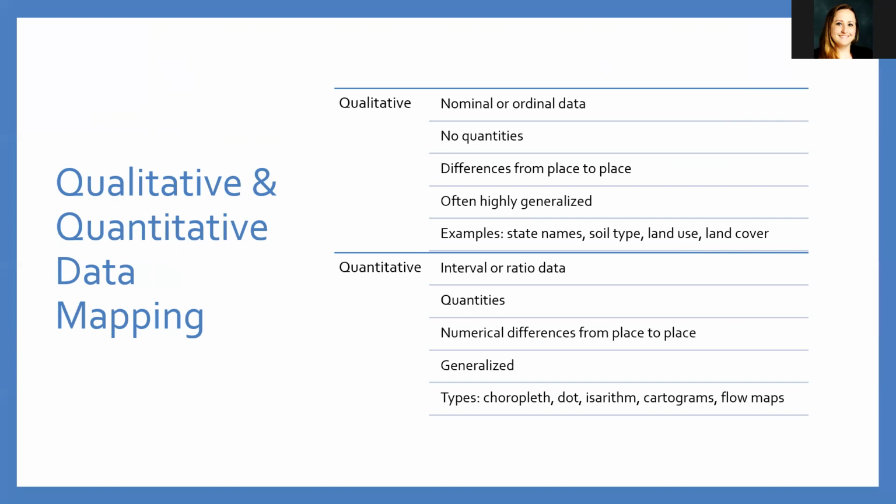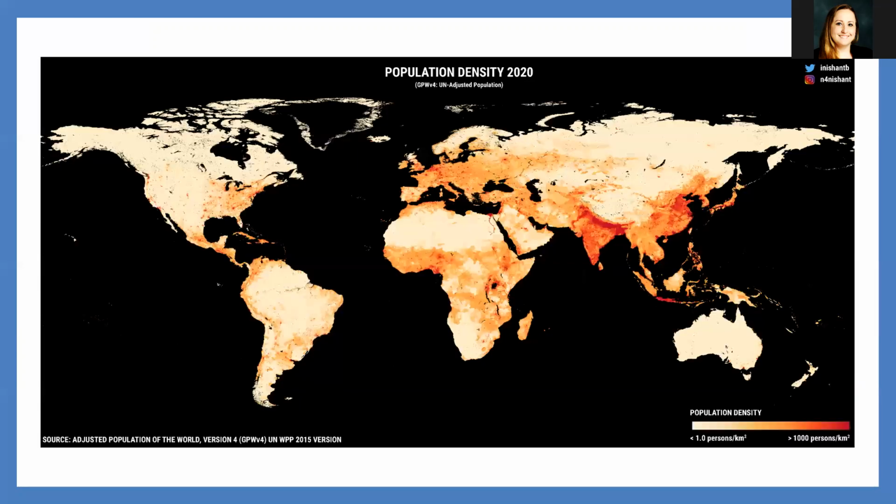Quantitative maps show the amount or degree of the presence of a particular attribute. According to Jenks, whose name you will become familiar with when you start mapping quantitative data in ArcGIS, a statistical map is a symbolized generalization of the information contained in the table. Here is an example of a population density map. It includes the world data from 2020 with values ranging from less than 1 person per kilometer to over 1,000 people per kilometer.